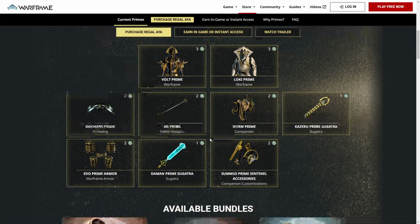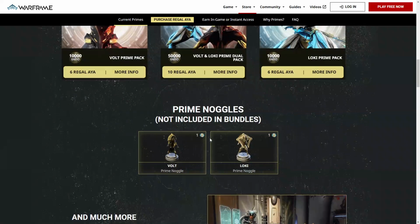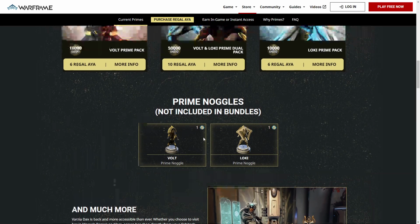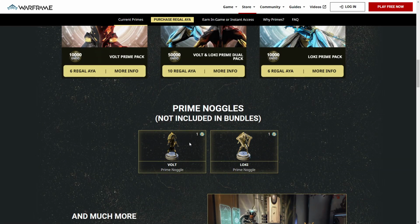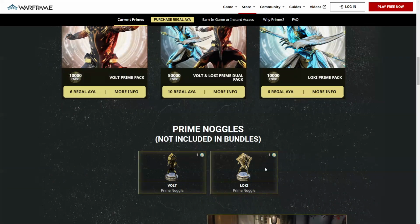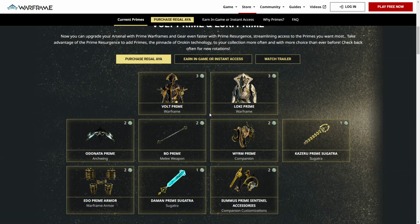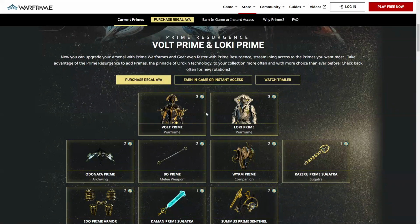But you don't have to, because the relics for these drop. More importantly, you can get the Prime Noggles if you want them. You can buy them. You do have to use real money here, but these are things that are from the Prime Access, or Prime Accessories, or the Prime Unvaulting. Hence the reason cosmetic items are here, pretty much the bottom four. But this means that for the first time in quite a while, there is actually a Prime Sentinel available in